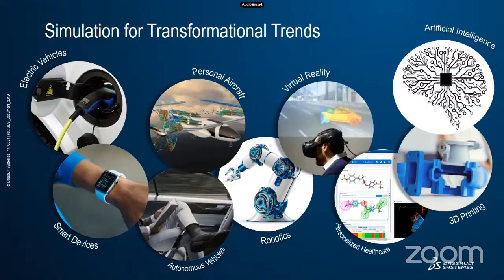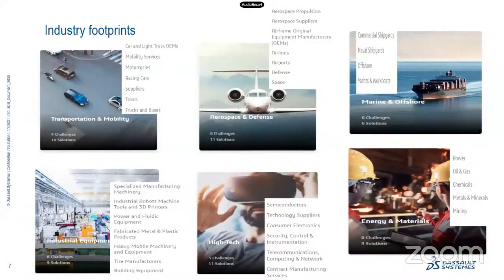So the idea is, if you have a congested city, how to overcome these things. So a lot of simulations are happening in this area. These are the current trends where simulations can be applied, and this is based on our company, what are the industries where we need simulations, where we used to apply. Of course, it's transportation and mobility.